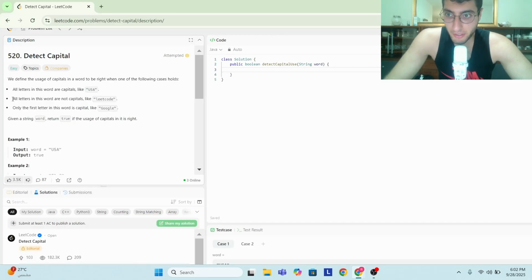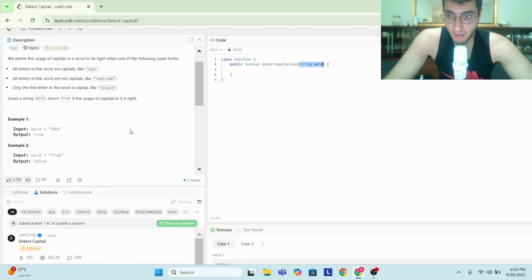Another condition we need to check is if none of the letters in a word are capital, like in LeetCode. If you notice, all the characters are lowercase. And the third condition we need to check is if only the first character is uppercase and the rest are lowercase. If one of these three conditions is met, then our string word is considered capital and we need to